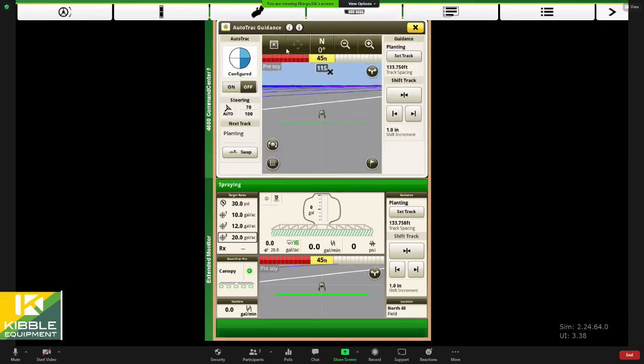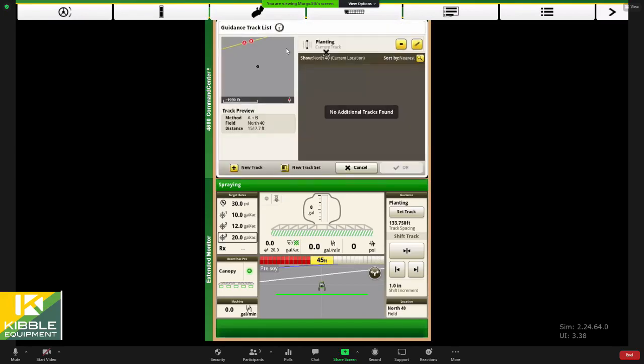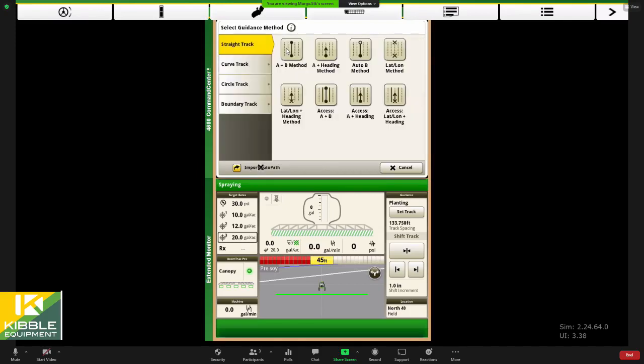So we'll talk through setting an AB line quick. If I hit set track, any existing lines you may have will show up here. If you want to create a new track, we can hit the plus method here. So let's talk about opening up fields. We get questions on